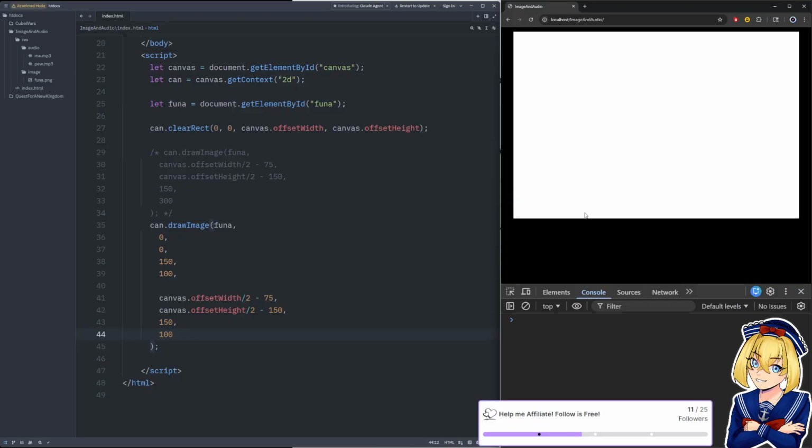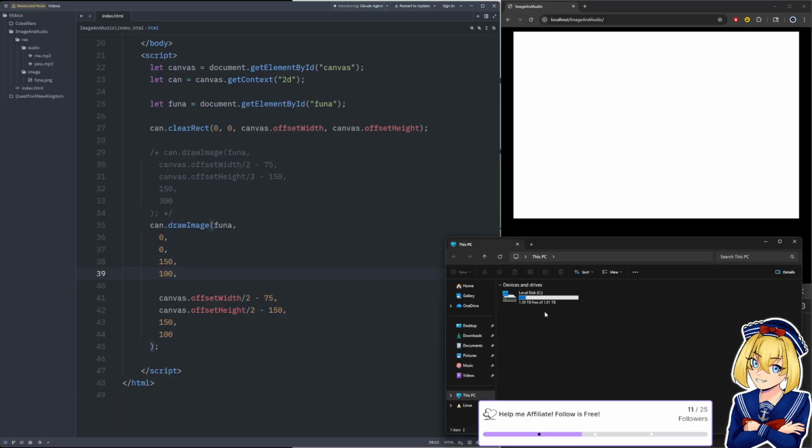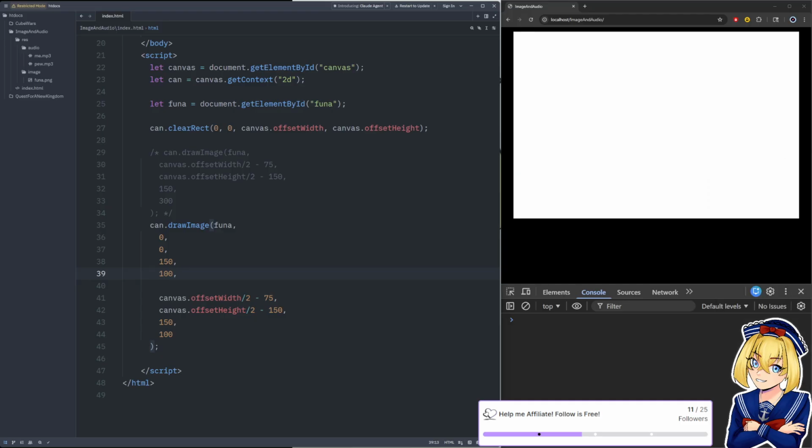So now if we refresh, it still didn't work. Oh, okay. I think because this is technically going to be the full resolution of Funa. So now we need to look up some image properties of Funa. Let's go check those out. I'm just going to go look at the original.